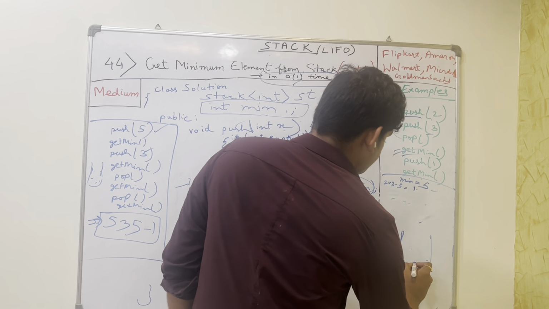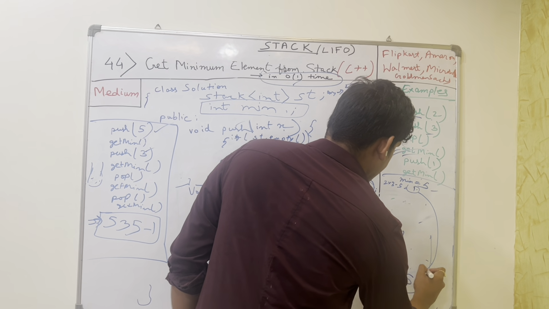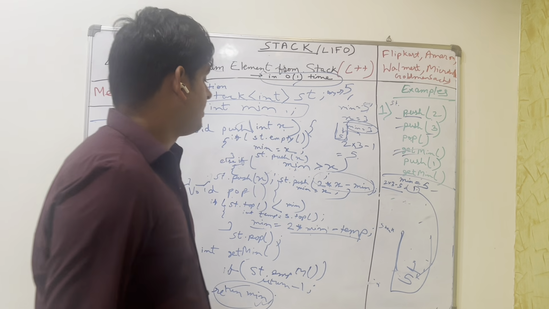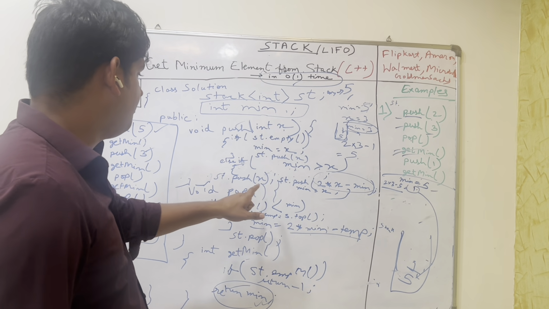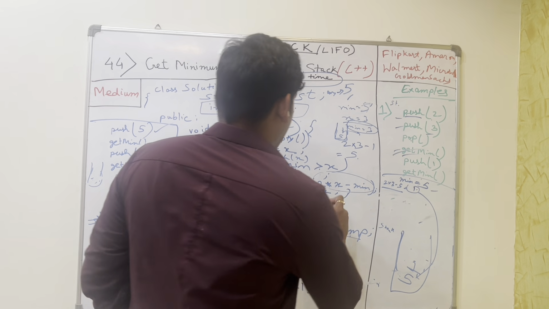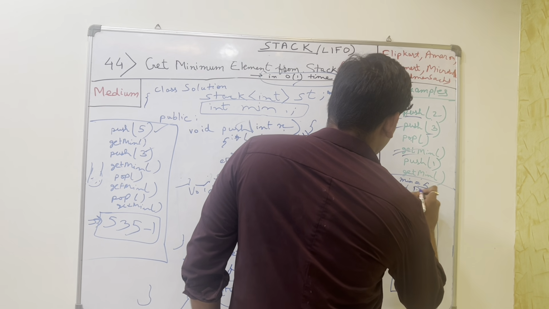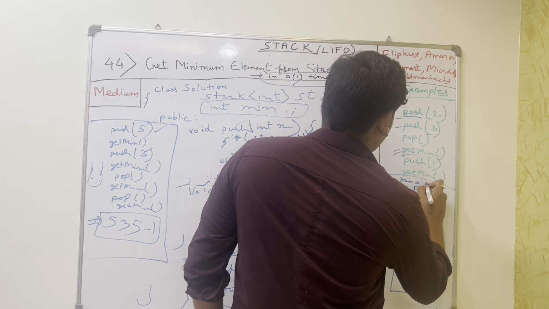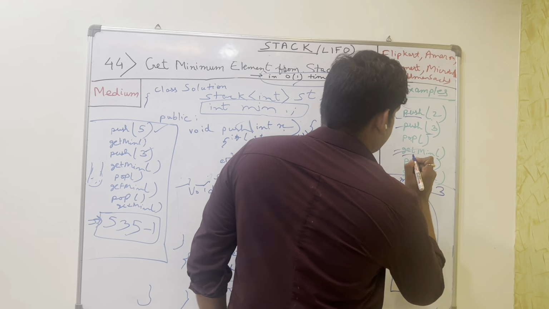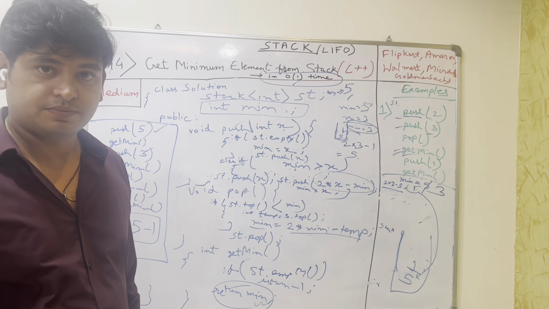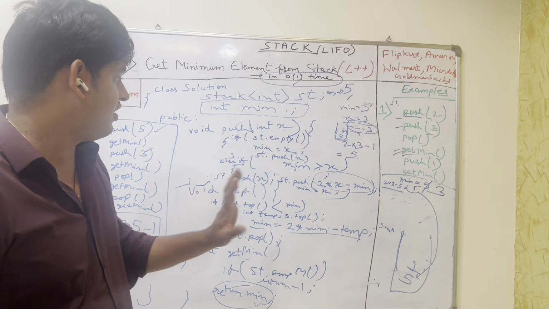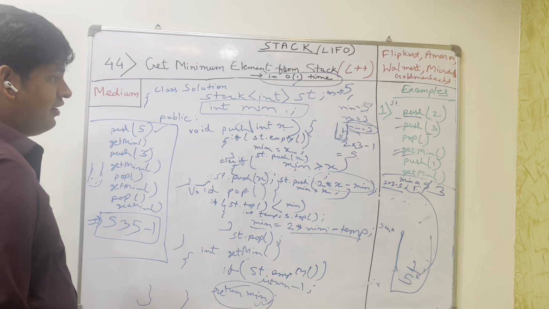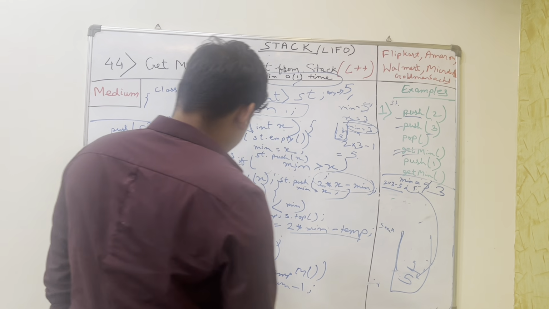Okay. So in the stack, this 1 will be inserted. 2 into 3 minus 5. And what would be our mean value? Mean value would become x, which is 3. So the new mean value has changed from 5. So earlier it was 5, this is changed and now it is 3. Got it? For the new value, the mean value has been changed. Okay, so now in this get mean, we will check the mean value which is 3 and we will